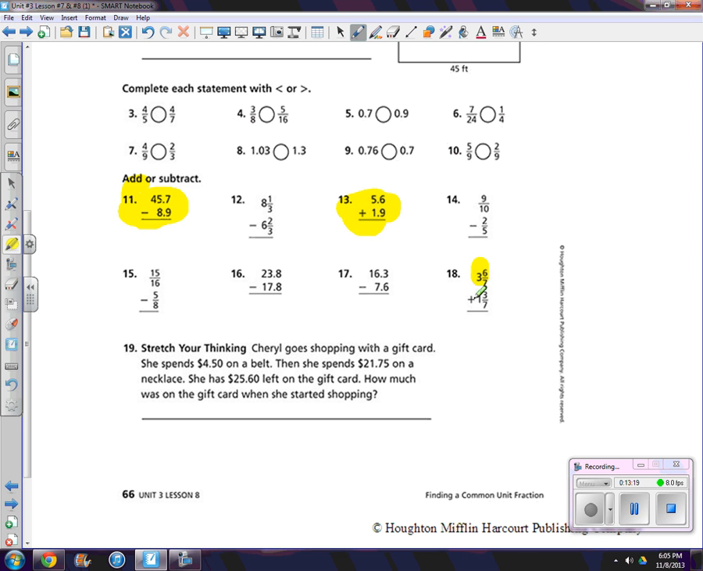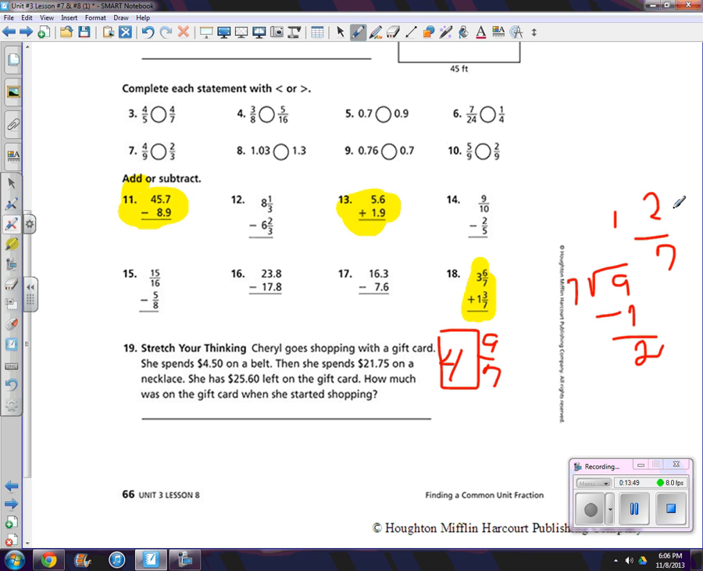Number 18 here, if you look, because we have a common denominator, this becomes a fairly easy problem. 6 plus 3 is 9 over 7. 3 plus 1 is 4. However, 9/7 is improper, so 7 goes into 9 to change that once, with a remainder of 2/7. So the 4 that you originally had, plus the 1 and 2/7, now you have 5 and 2/7 as